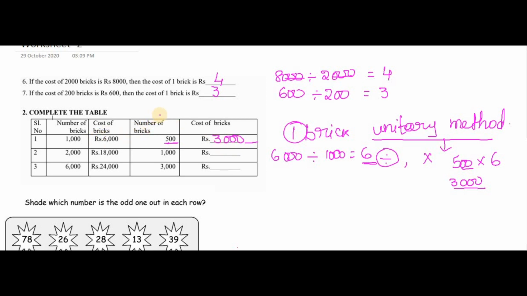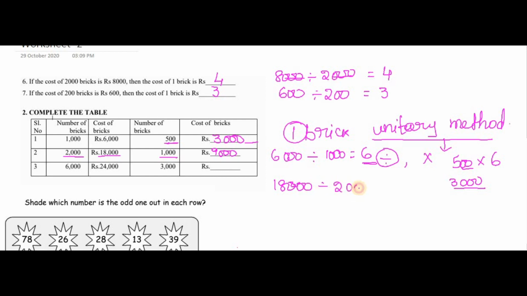Okay. Now what is the second question he has given to us? 2000 bricks cost 18,000 rupees. Then what is the cost of 1000 bricks? So this one you can write in two ways. One way is 2000 and 1000. It is nothing but half. So you can write half of 18,000 is 9,000. This is one method, and one more method I will say. First, the same unitary method we should follow. So 18,000